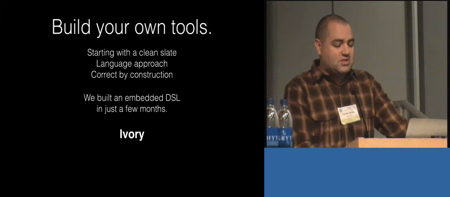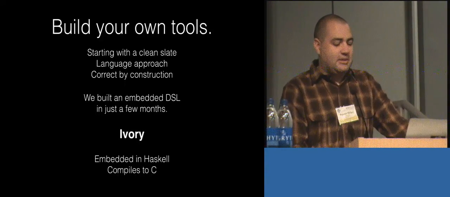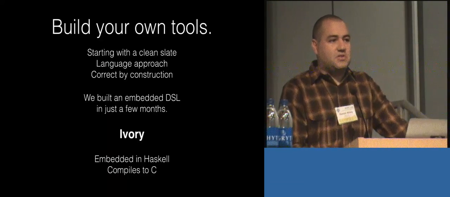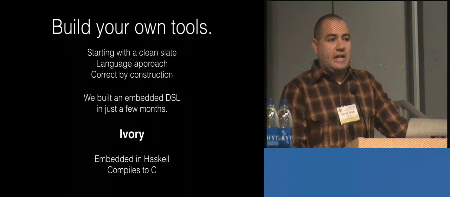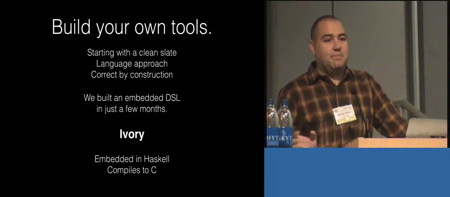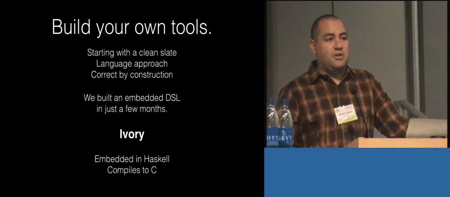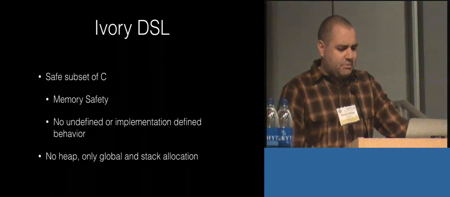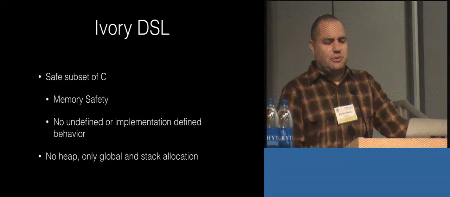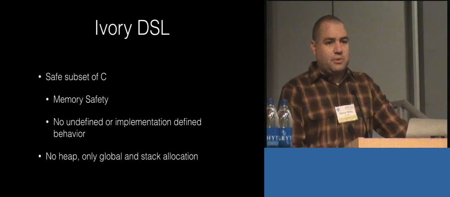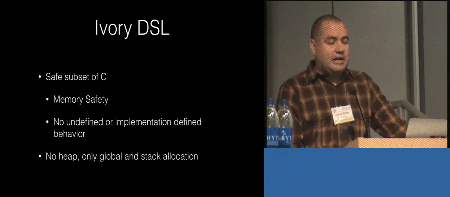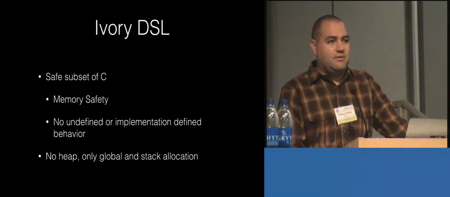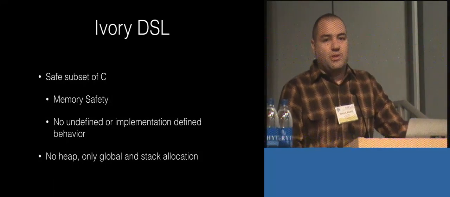As we said before, the language is called Ivory. It's embedded in Haskell. It uses some of the newer features of GHC, so it works on 7.6 and 7.8. And it compiles down to C, because we didn't want to have to write our own cross-compiler to these embedded platforms. And we said that we could build on other work there, like CompCert, for having a trusted chain there. So as before, this is a safe subset of C embedded pretty straightforwardly in Haskell. And the most important things was that we got memory safety, type safety, and that we could get rid of a lot of the implementation-defined and undefined behaviors, which plague C programmers.